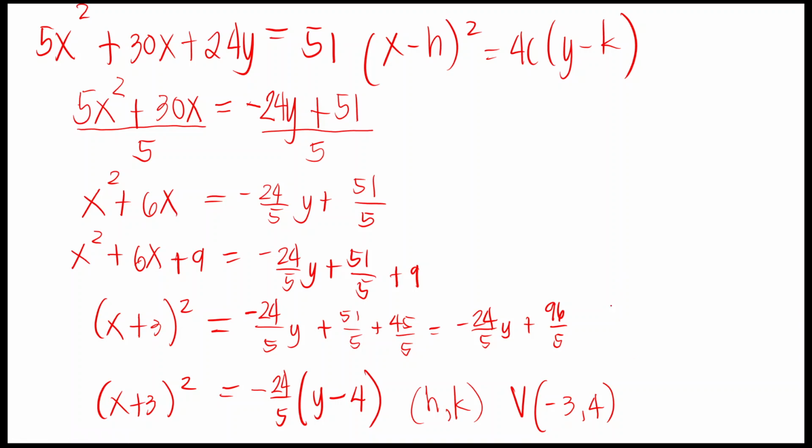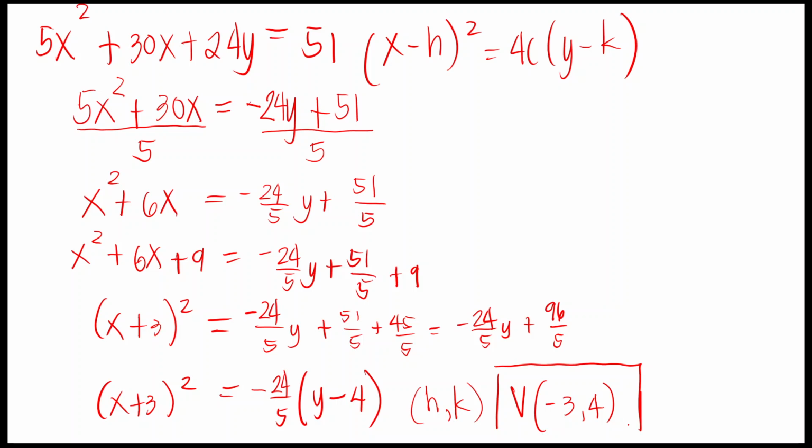That is a very common mistake of students. Remember that in the standard equation, h and k are subtracted. So whatever operation is used here when we write it in standard form, to get the values of h and k you have to inverse the sign. In this case, we get negative 3 and 4 as the vertex. So we already have negative 3 and 4. I'll enclose that in a box.